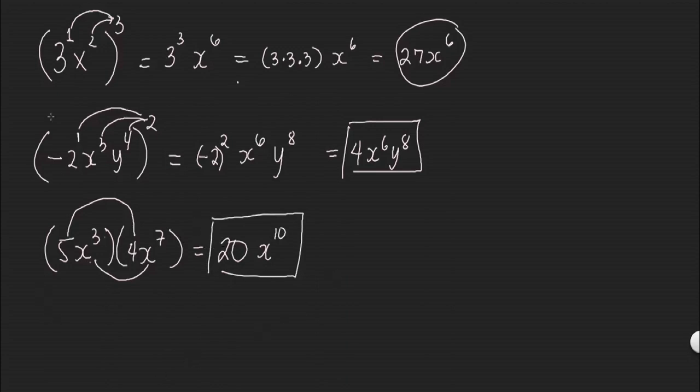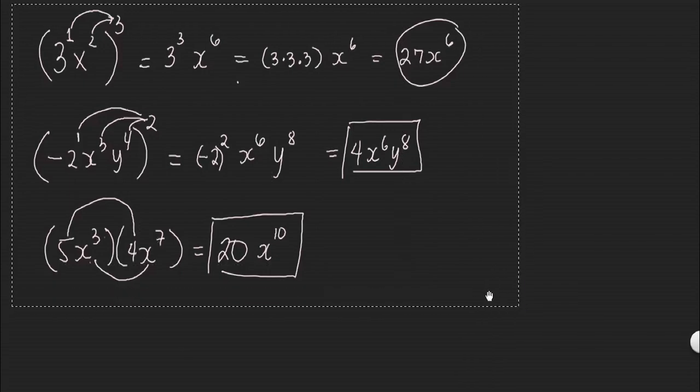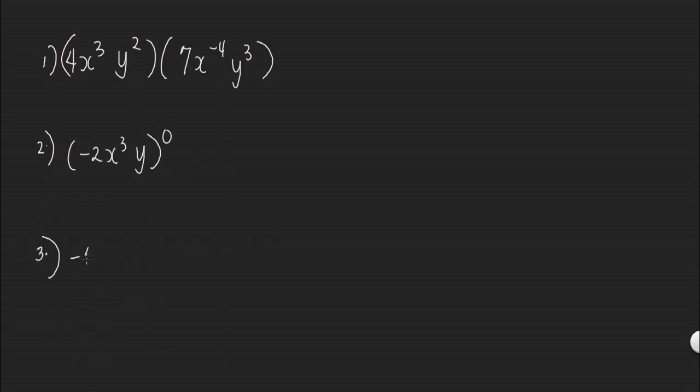For the next example, you can try this example. Number 1, 4x raised to 3, y raised to 2, times 7x raised to negative 4, y raised to 3. And then number 2, we have (negative 2x raised to 3, y raised to 0) and 3, (negative 4x raised to 0). Okay, kung alam niyo i-solve tong mga expression na to, feel free to pause this video and then